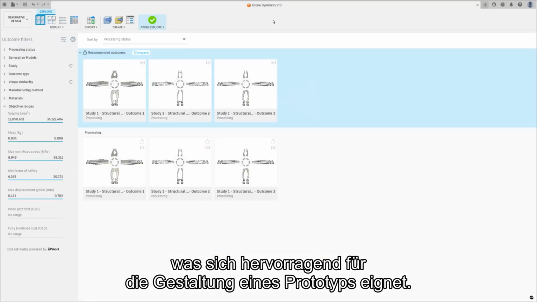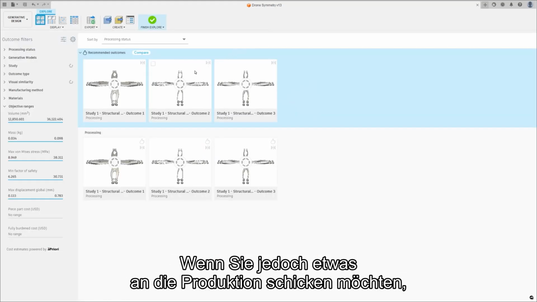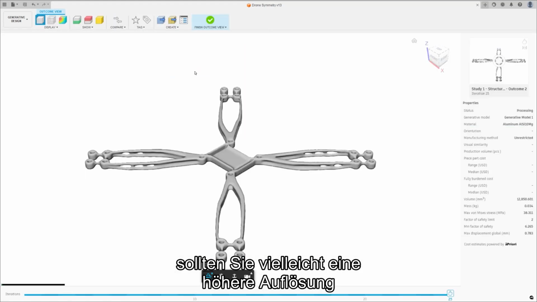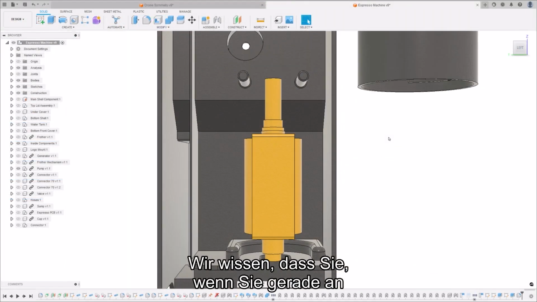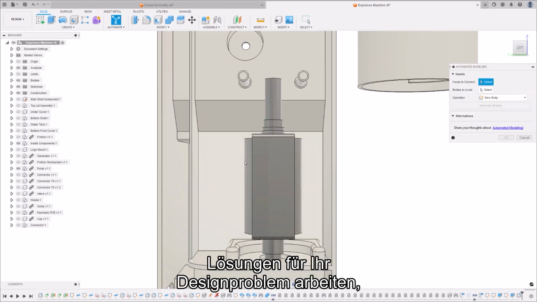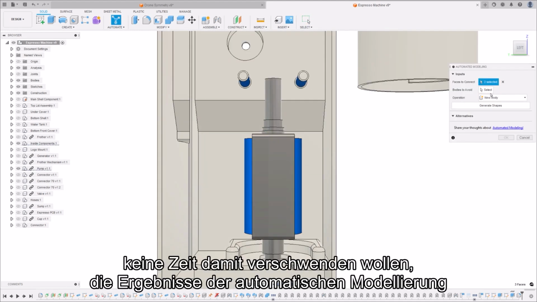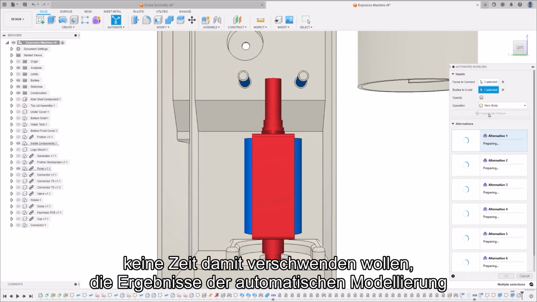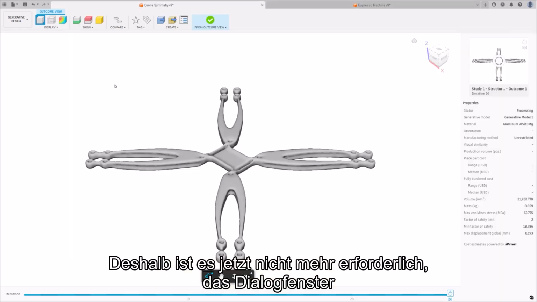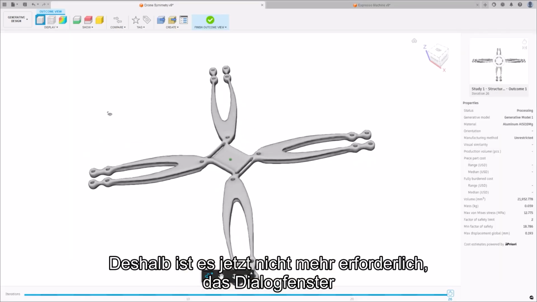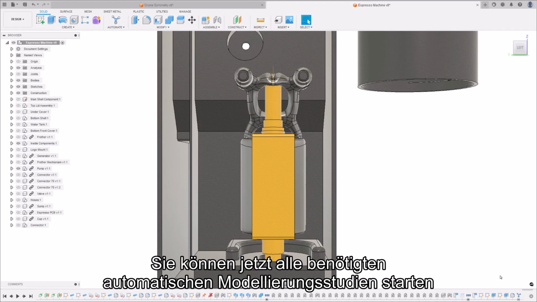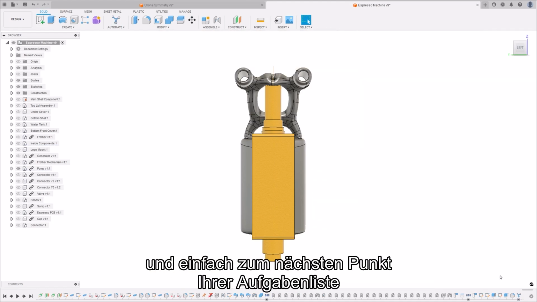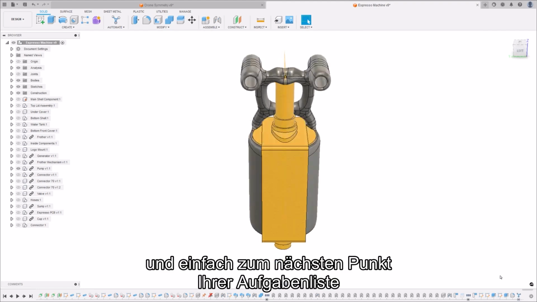Brilliant for creating a prototype, but if you're sending something to manufacturing, perhaps you should move to the higher end of the resolution slider. We know that when you're on a roll imagining solutions to your design problems, wasting time watching results generated in automated modeling was consuming. So, we've removed the need to have the automated modeling dialog window open when it's calculating. Now you can launch any automated modeling studies you need and feel unrestricted to switch to the next item on